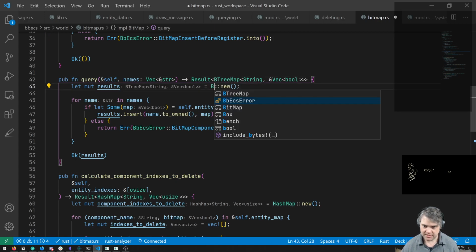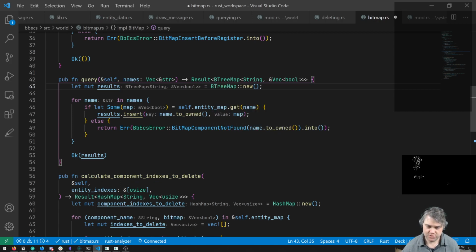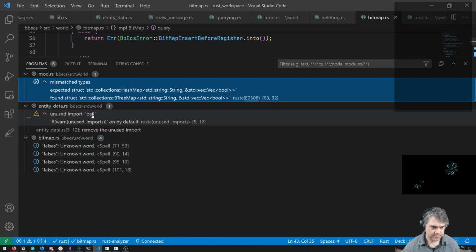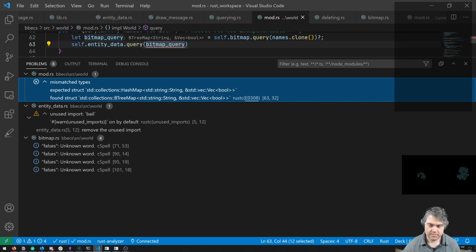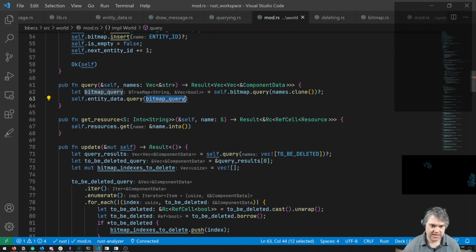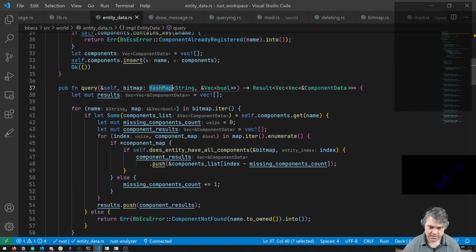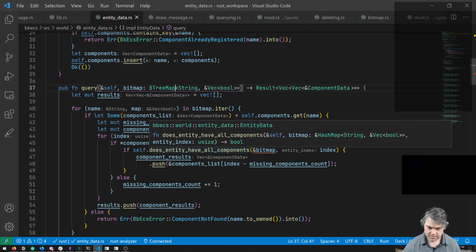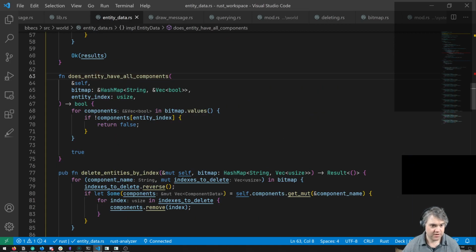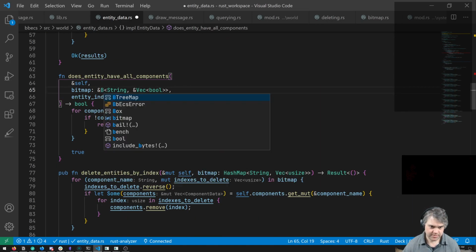So you're going to be a BTreeMap new. Then in here, you're getting BTreeMap. And here, you're a reference to a BTreeMap.